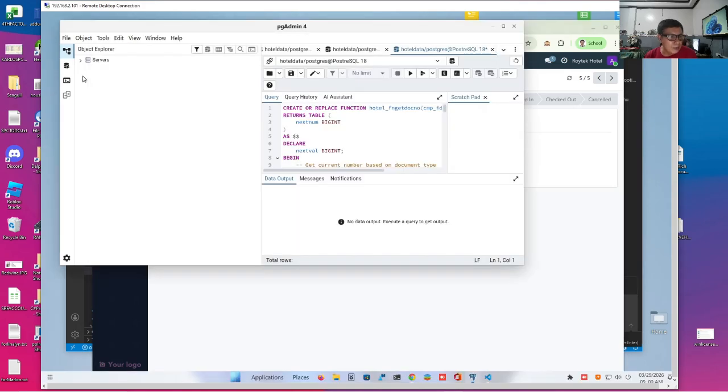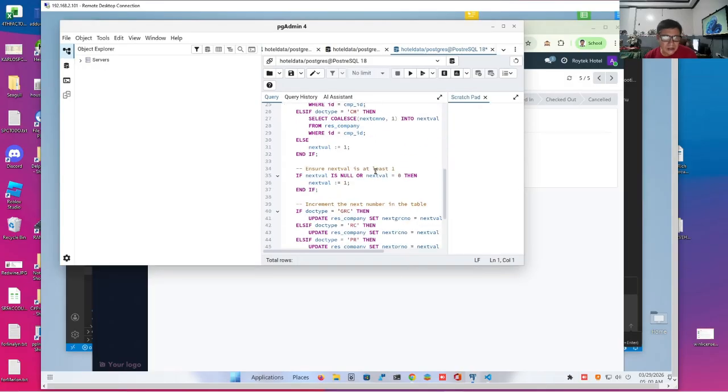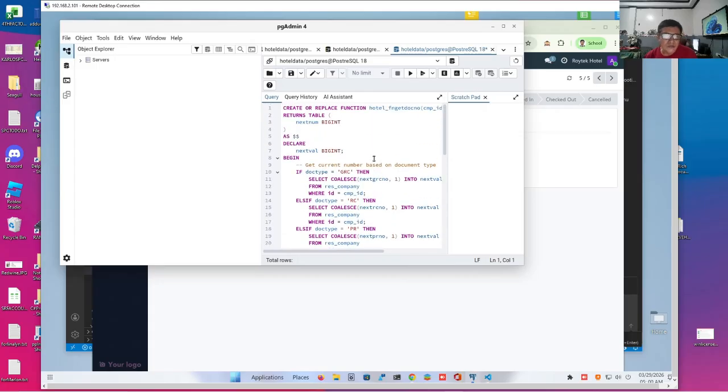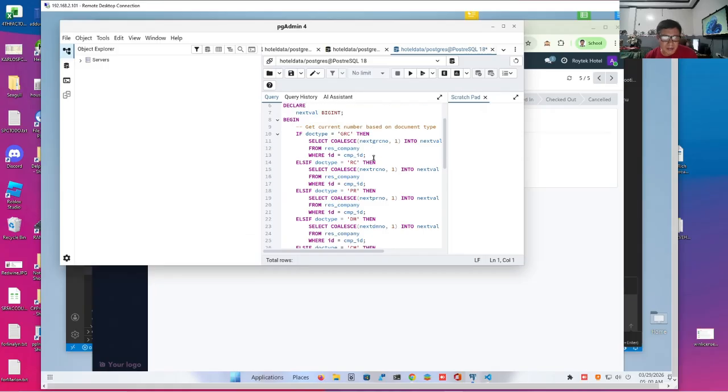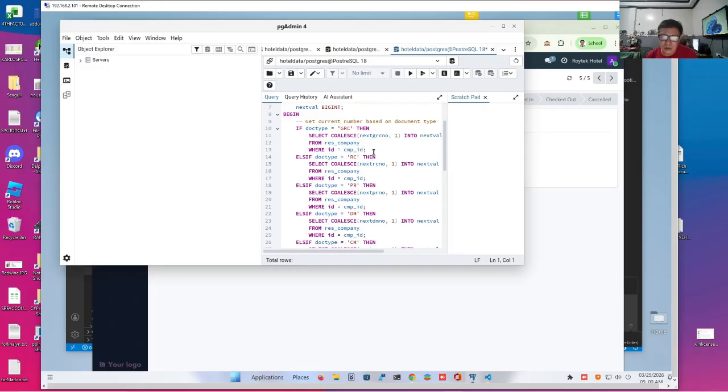By the way, before I proceed, let's take a look at the procedure. There it is. This is the stored function in Postgres, which will return the different numbers specific for a particular hotel document, like a guest registration.